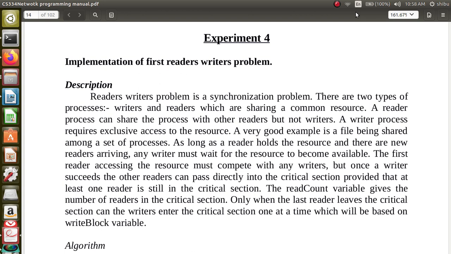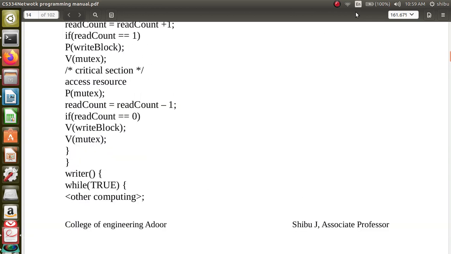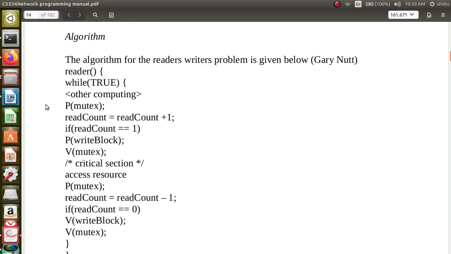we want to read that variable, initially it has to acquire that variable and the read count variable. The read count variable means the number of readers which are reading that variable, and that has to be incremented. Once it is acquiring that, it is incrementing that value. That means at any point in time, the read count variable,